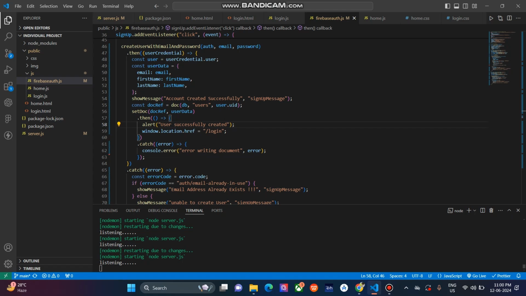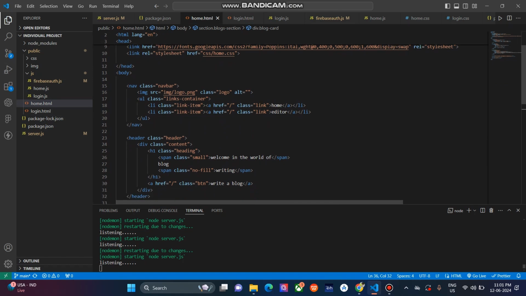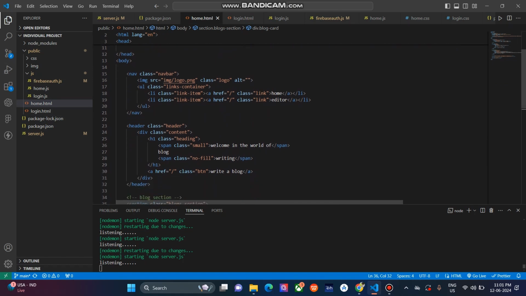First, let's take a look at the home.html file. This file sets up the structure for our home page. We start with the basic HTML5 doctype declaration, with the head section where we define metadata, the title of the page, and links to the external stylesheets and fonts. In the body section,